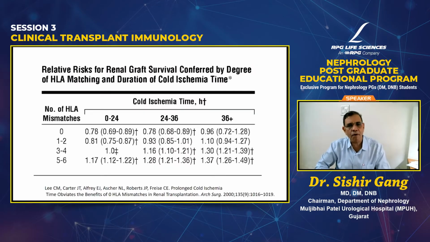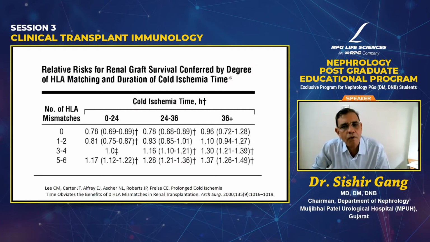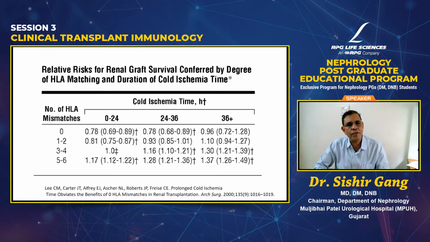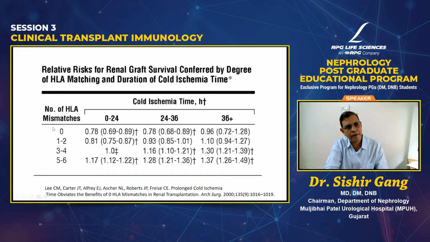But why is this important? Because if you have more damage in the graft, there is going to be an increased recognition by the innate immune system, and similarly an increased information to the adaptive immune system to mount a rejection and reduce the survival. If you see here, in the same degree of ageism, even if there's a zero HLA mismatch, the cold ischemia time is longer. That means there's more damage to the graft, the outcomes are poorer.